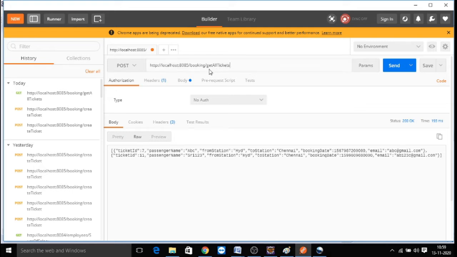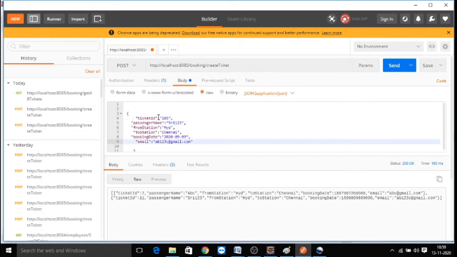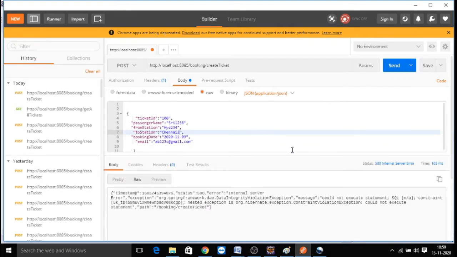Here you can say create ticket and add the ticket details. I am just adding one more ticket's details.